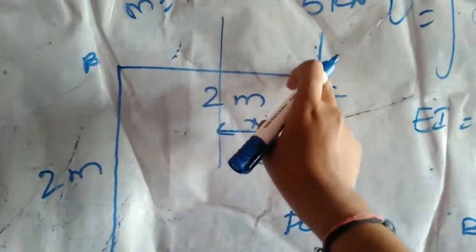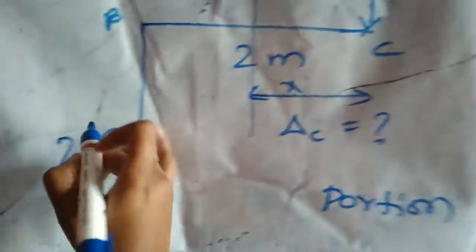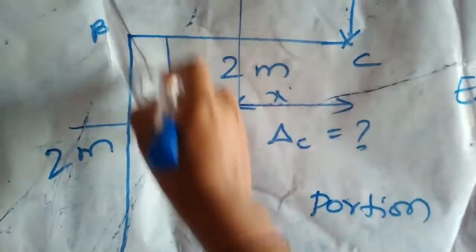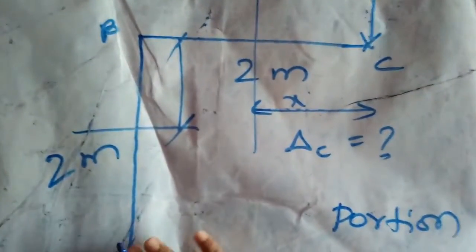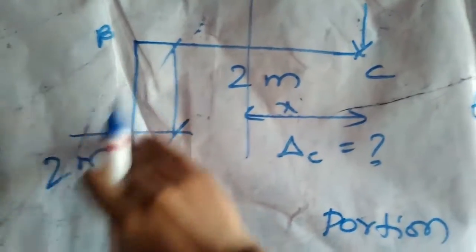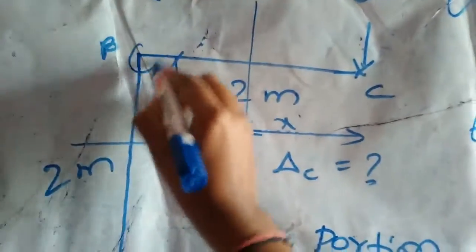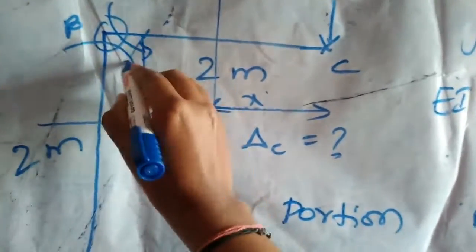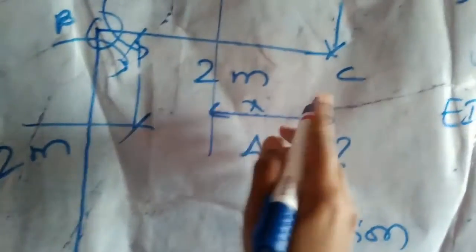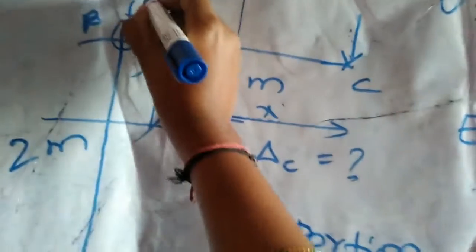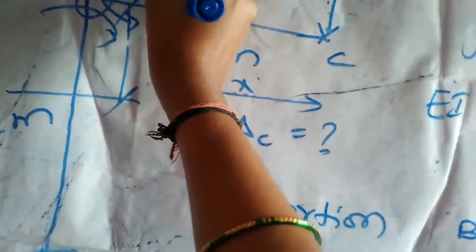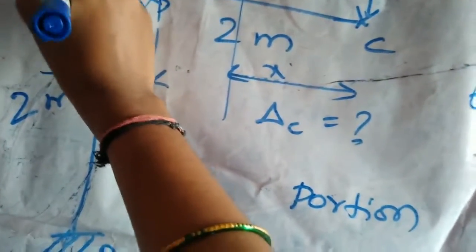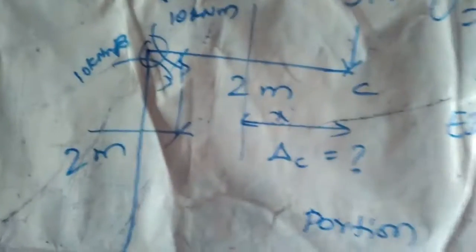So already this is 5 into x. Now at this point we have to take the moment, but as this member doesn't contain any kind of load, there is no other moment with respect to loading, but there is a moment at this point, which will be giving you the moments like this. So as it is creating 5 into 2, that is 10 kilonewton meter. That moment will be present here.